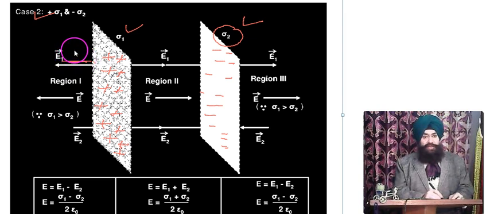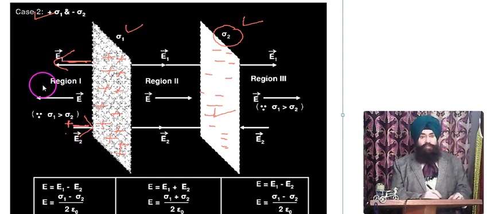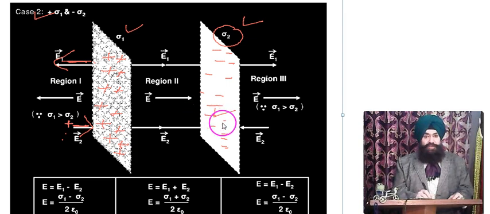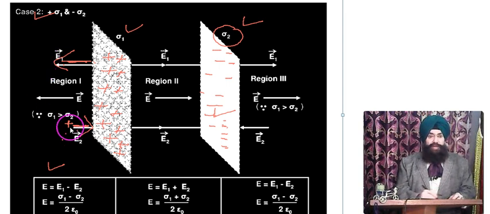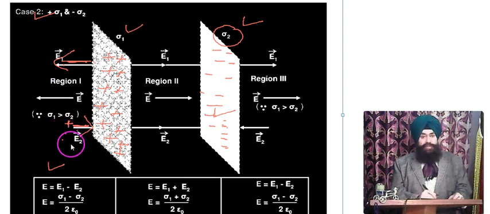Now because of this sheet, the intensity will be this side. Because of this sheet, this is negative. If you put a unit positive charge, it will move along this side. So E1 and E2 are now opposite in direction because this sheet is negative. Net intensity becomes E1 minus E2. Again by using the Gauss theorem, E1 is sigma 1 upon 2 epsilon naught, E2 is sigma 2 upon 2 epsilon naught,